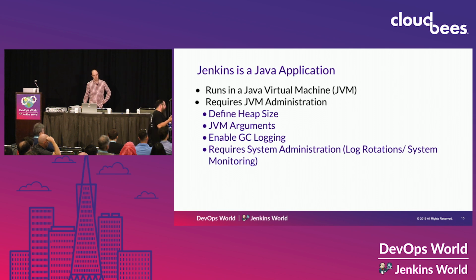The last piece that I think we forget about as we install Jenkins is that this requires system administration as well. That's because log rotations have to happen. Once you start enabling garbage collection logging at the JVM level, it's not going to clean up itself, so you have to use additional tools like logrotate. Monitoring systems also need to be in place so that you can look at CPU utilization and heap utilization, and that just doesn't come out of the box with the JVM. So we use tools like top and top -H to show us what's going on at the CPU level, but whatever monitoring tool you want to use